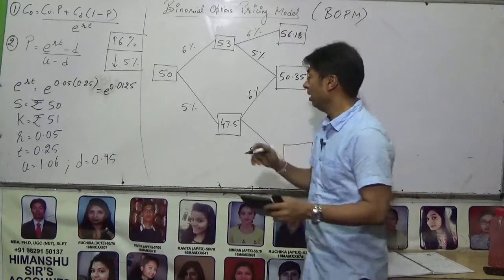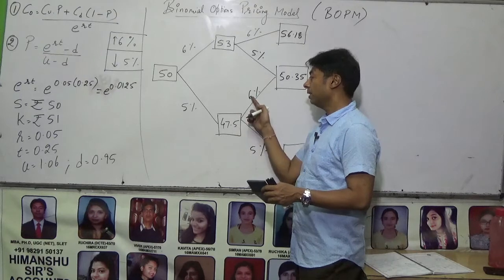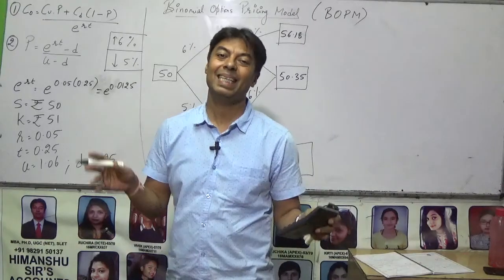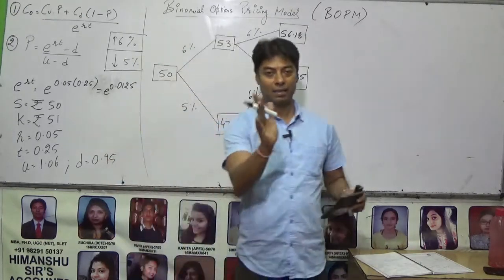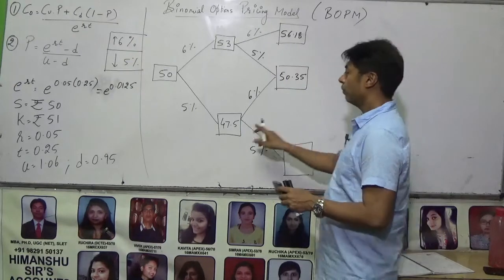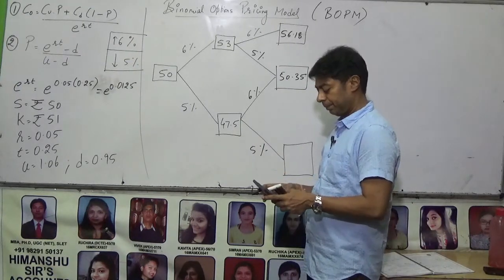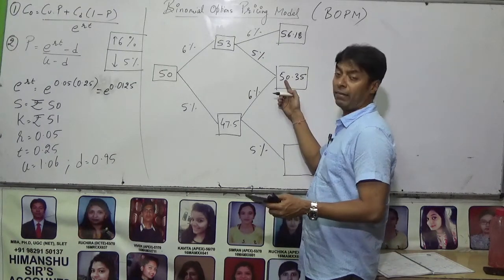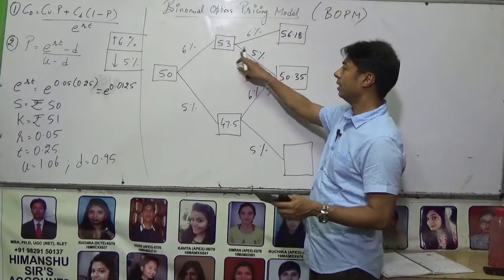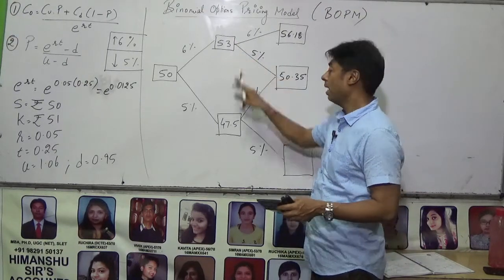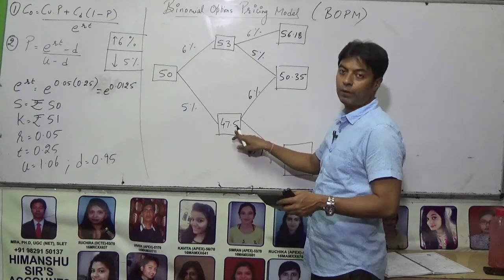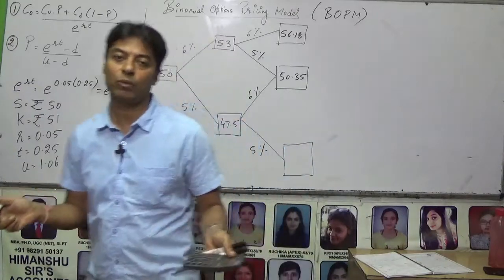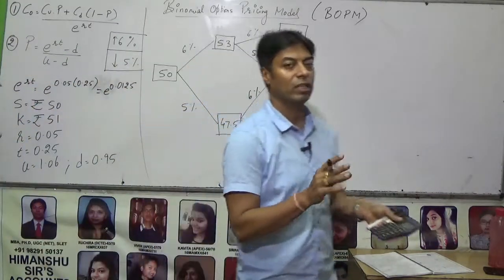Now one thing more. If the price of the stock is going to increase, it has to increase by 6%. That is the rate which is given in the question. So from 47.5, the increase is 6%. Adding it, you will again get the same value. So whether you are decreasing by 5% from 53 or increasing by 6% from 47.5, you are going to get the same value. This is one thing by which you can always cross-check your calculations.